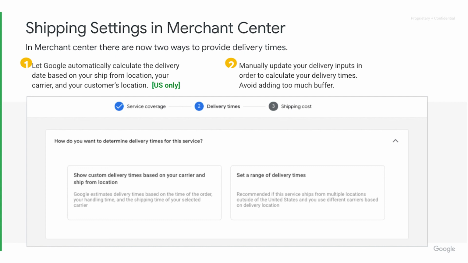Although keep in mind that this feature is currently only available in the US, although we are working to expand it. The other option will be to manually update your delivery inputs in order to calculate your delivery times. For this particular route, you'll want to make sure that you avoid adding too much buffer time and extending your delivery speeds.